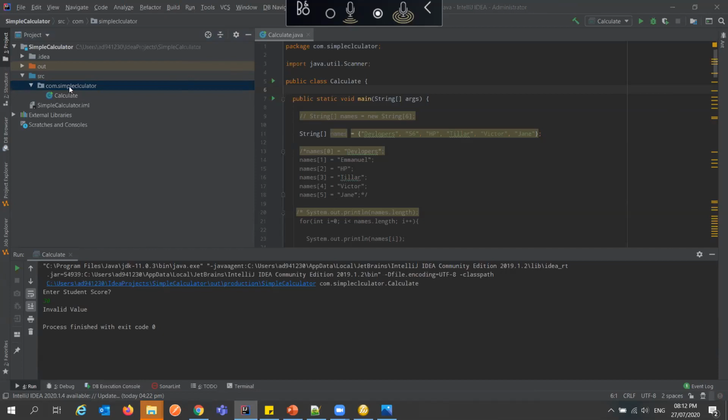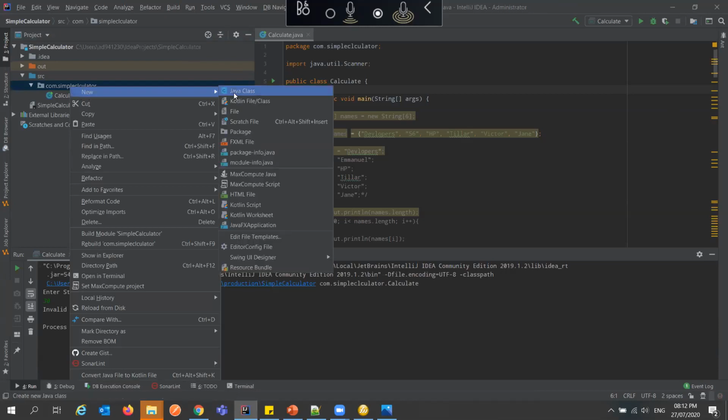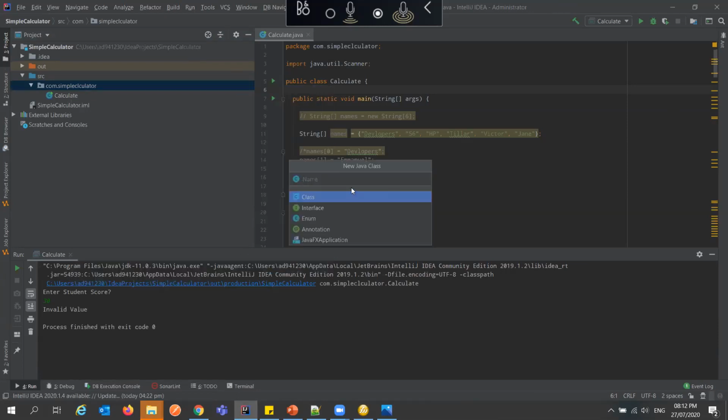So to start, I'll create a class by saying new, and you select Java. For anybody not using IntelliJ, it will be difficult for me to go to Replit and do this, but let's just try and follow. Maybe we can copy the code and paste it there. So I want to create a class of human being.